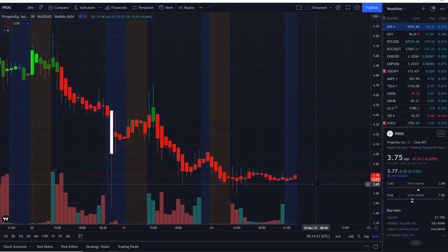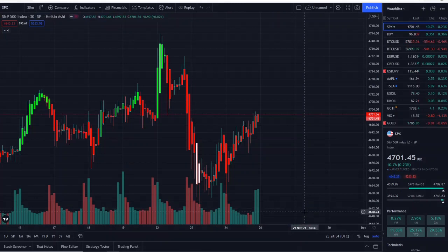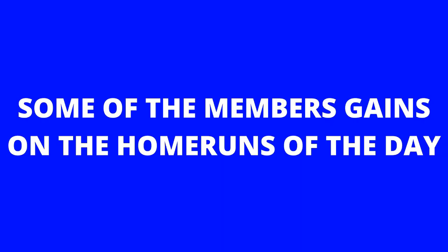Everything going on with the manipulation of these charts and how it's so important to be aware of what's going on. So the home runs of the day were spectacular and beyond expectations,